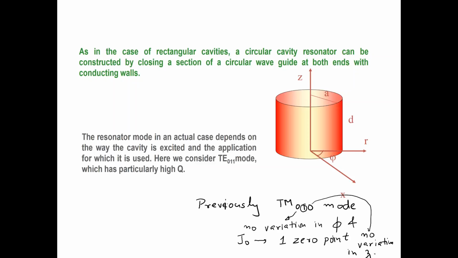However, we have talked many times now that the TM mode actually has higher loss than the TE mode. So for these cavities, the actual practical mode we normally work with is the TE011 mode. The 0 again means no change in phi. So the Bessel function of the longitudinal field, which would be the HZ field, would have J0 as the term,